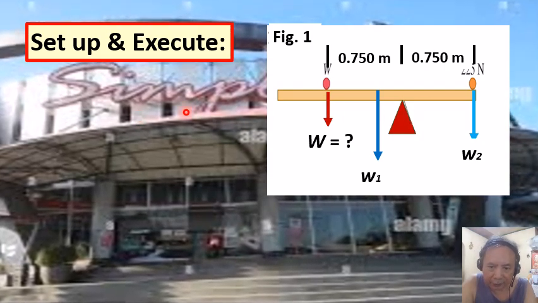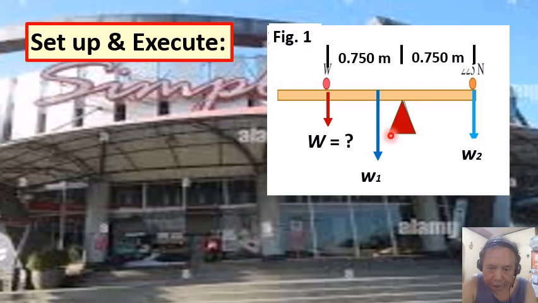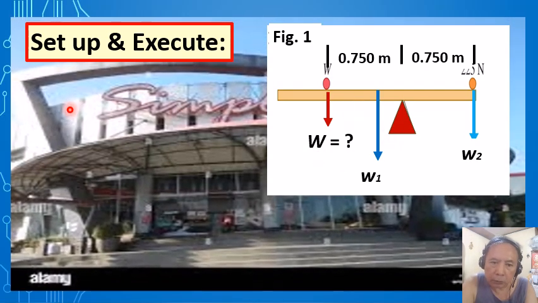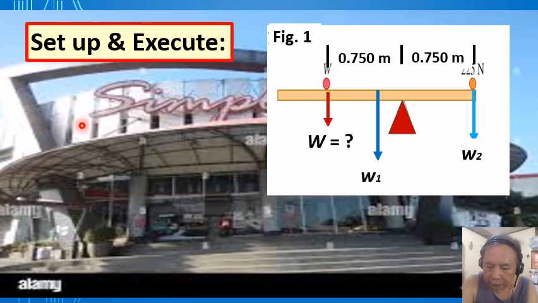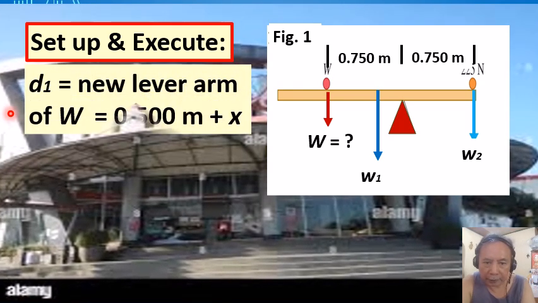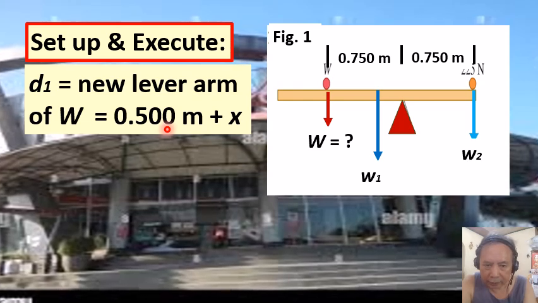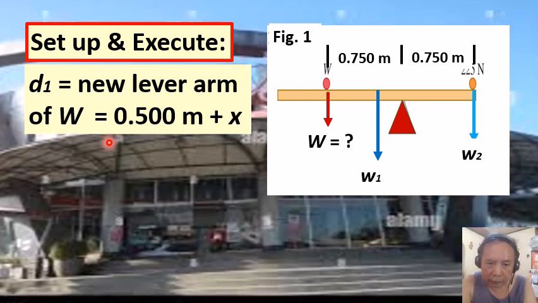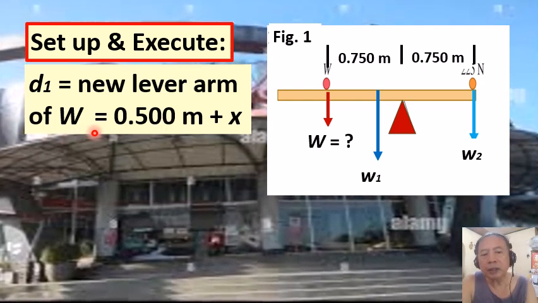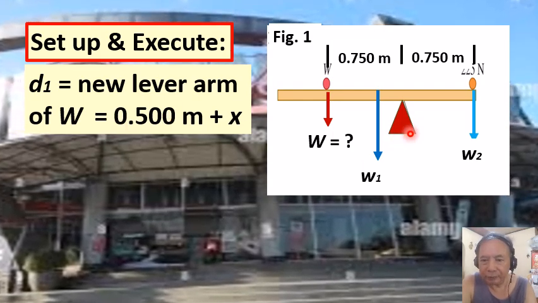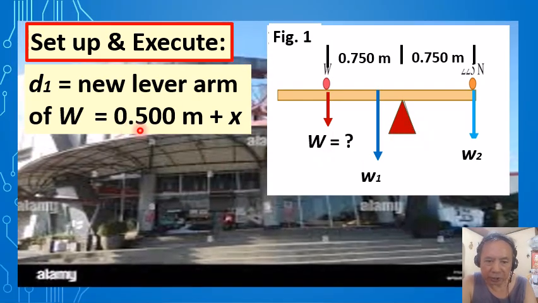So in effect, the weight W will have a new moment arm, denoted by this l1. And this new lever arm of the weight W, with respect to the new position of the fulcrum, is expressed as